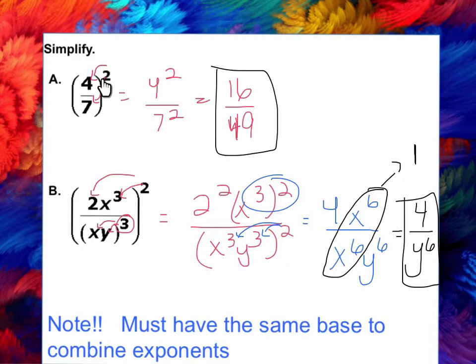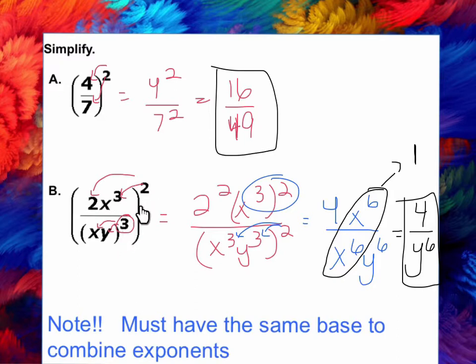You're going to just distribute this 2 to the 4 and to the 7. We got 4 squared over 7 squared. Really simple exponent, so I simplified it further and got 16 over 49. Now I'm done. Here, this one is a little bit difficult because I had to distribute this exponent down here